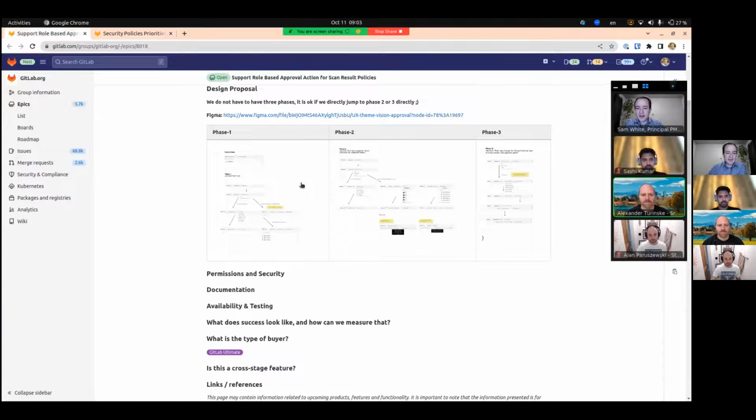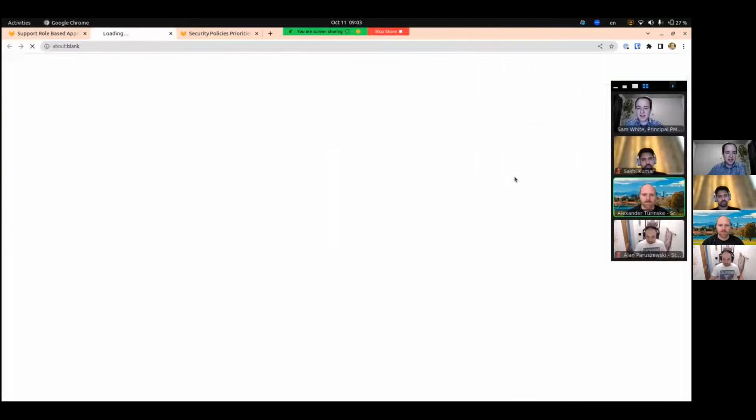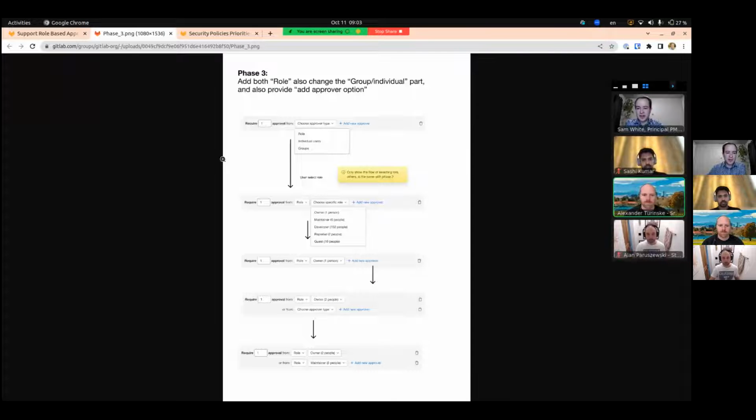And we've got a few different phases. I think the consensus mostly is to go straight to phase 3. So we can talk about that. But if we want to address this iteratively or break it down smaller, we can do that as well. But the net result of this would be impacting the action section for scan result policies, where right now you